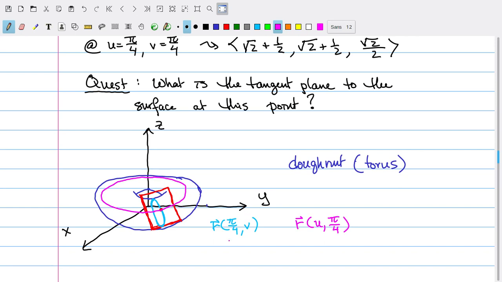So these generate two different paths. And what I can do is if I take the derivative of either one of these parametric equations for those curves, that'll give me a vector in the direction of the tangent line to the curve. So in particular, if I take the derivative at this particular point where they intersect, I'm going to have a little tangent line, one in this direction, which will be a vector in my plane. And if I do the same thing for the light blue one, I'll have a vector in this direction, which will be in my plane too. So this is a really nice way to get two different vectors in my plane. Specifically, two vectors in my plane